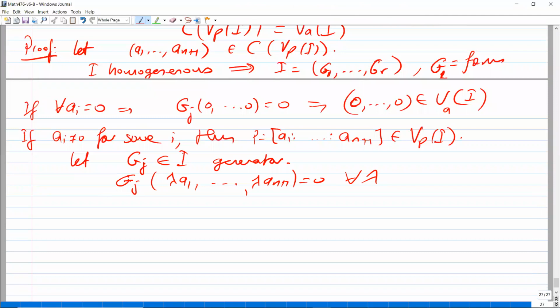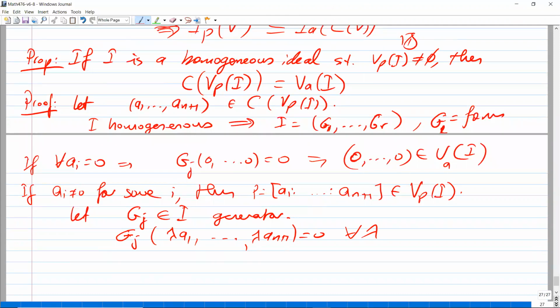So in particular, Gj of (A1, ..., An+1) is 0 for all j,